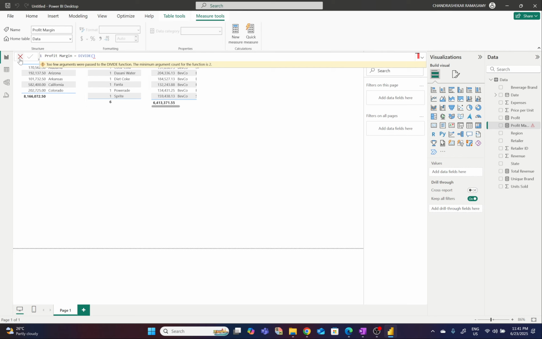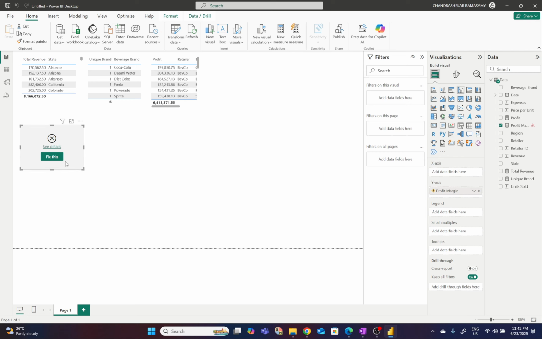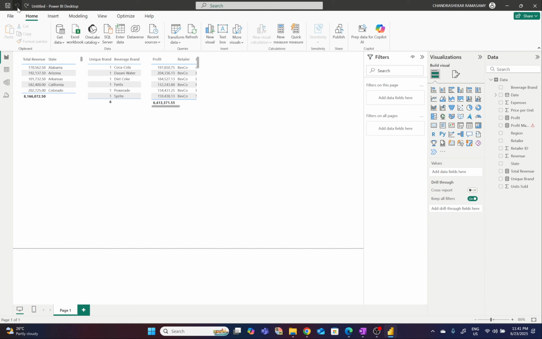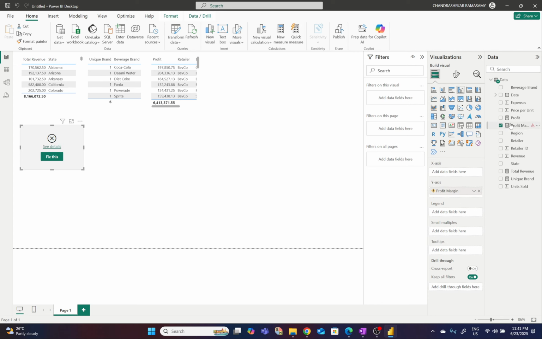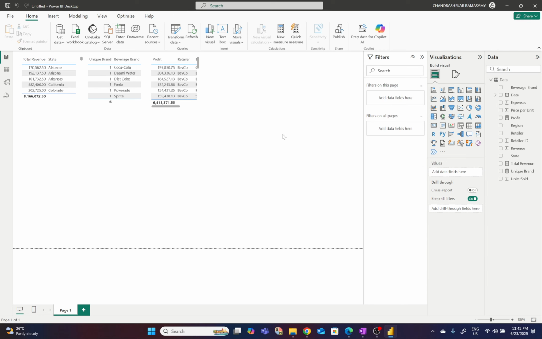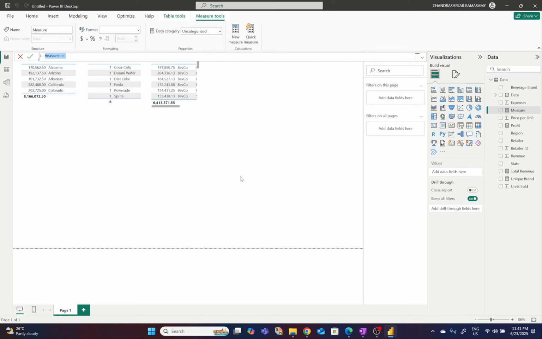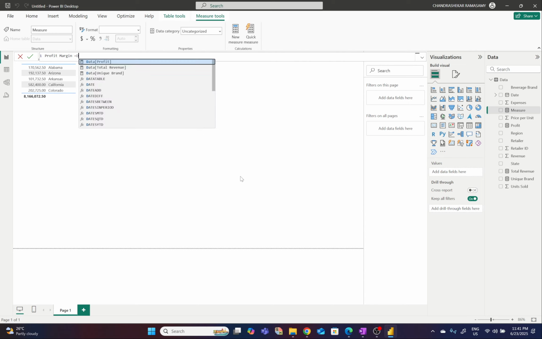Normally we'll click cancel again. I suppose in this case we cannot, the thing won't pop up, so you have to, let us try to type here, profit margin divide,